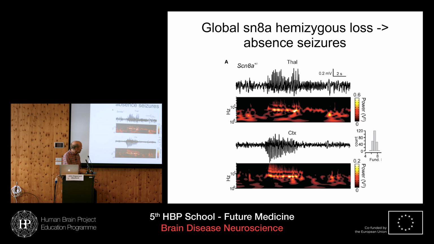This also has this characteristic slowing during the time course of the seizure, which is exactly the same phenotype you see in humans. It starts at a high frequency and ends a little bit lower, like 10 or 20% lower in frequency. This, by the way, may have something to do with the termination of the seizures. As they get slower, they may be less capable of sustaining themselves.